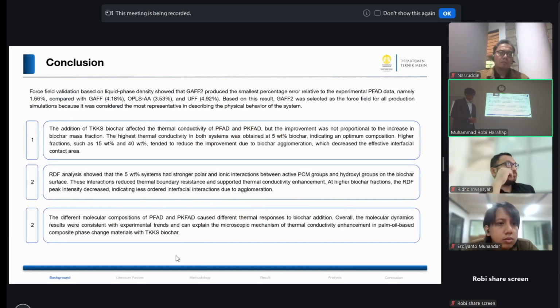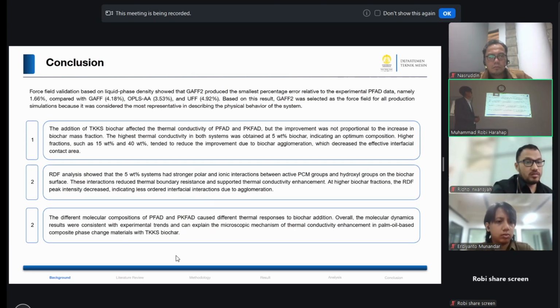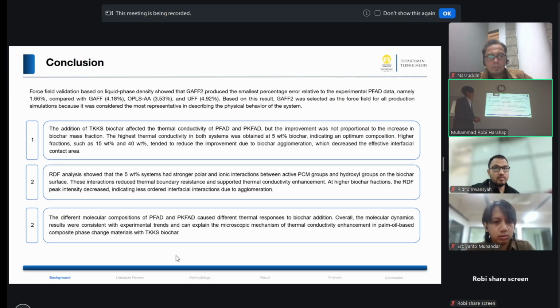So this is the conclusion for my presentation today. Firstly, we found the error relative to the experimental PFAD data for the force fields. GAFF2 was selected because it has the smallest error, which is 1.66%. Then the addition of biochar affected the thermal conductivity of both PCMs, with the highest thermal conductivity in both systems obtained with 5% addition of biochar,